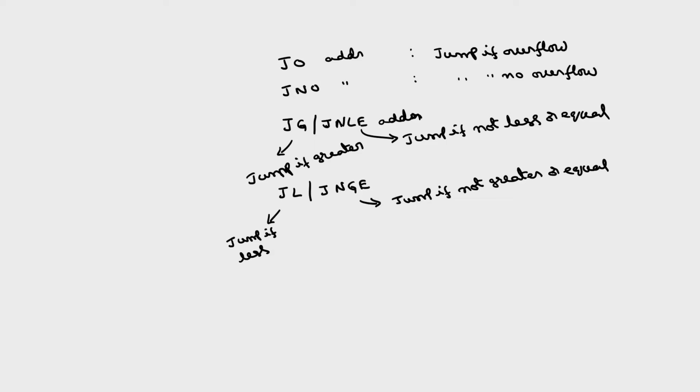Then we have, this is only greater, less than or equal will be here, this is less than and this is greater than or equal is here, or we can make this greater than or equal here and we can make not less here. So, the other instruction is jump greater than or equal. So, this E I have taken inside. What will be the equivalent of this one? Jump if not less, because this E I have taken here. So, this stands for jump if greater or equal, this will be jump if not less.